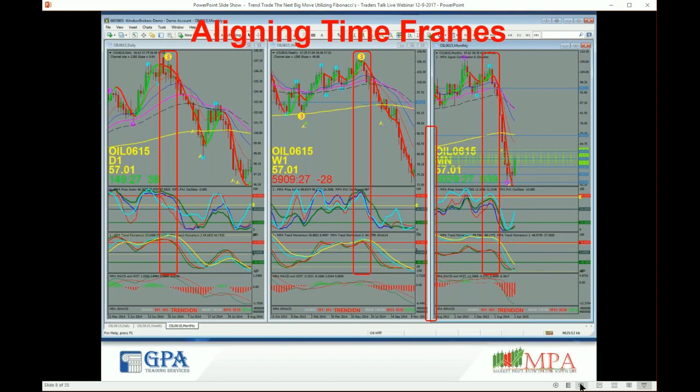And I'm just going to go through this briefly about aligning, and then we're going to show you how, when you align those time frames and you use your extension retracement sequence, how beneficial and important this becomes. So once you're in alignment, you can see that not only did oil prices drop considerably, but it was well organized, and it stair-stepped lower and lower and lower during that period as it moved lower as they were all